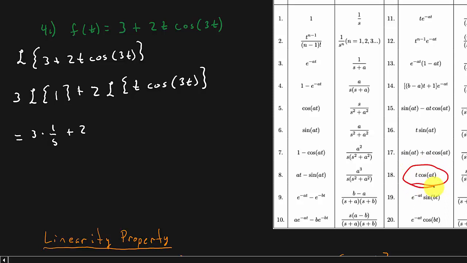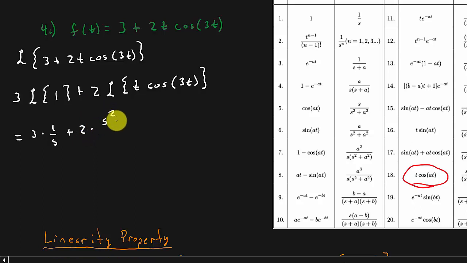T cosine 3t. So in this case, A is 3, and that's the only thing we have to plug in. See, everything matches. T, cosine 3t, or AT, and A is 3. So that's going to be